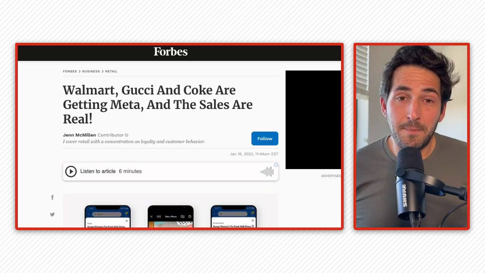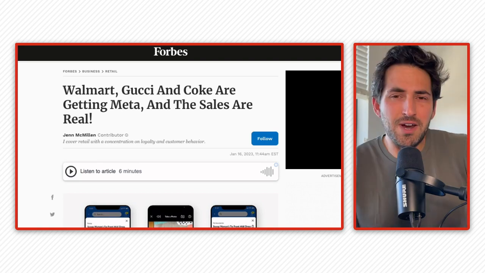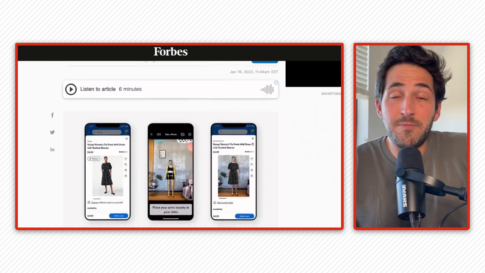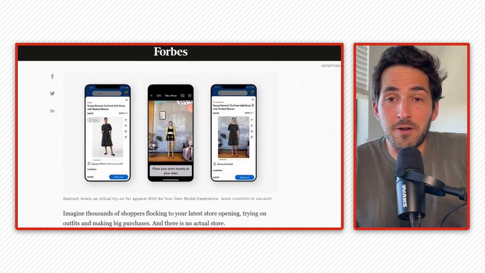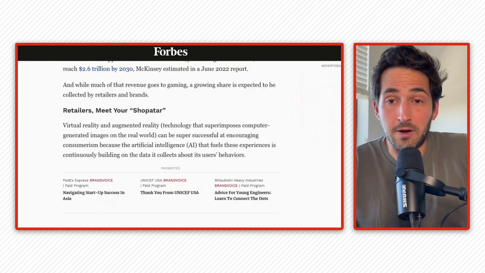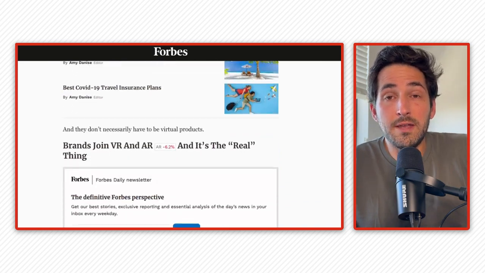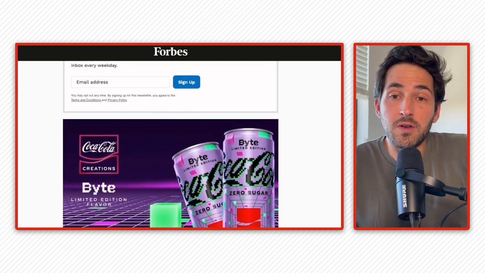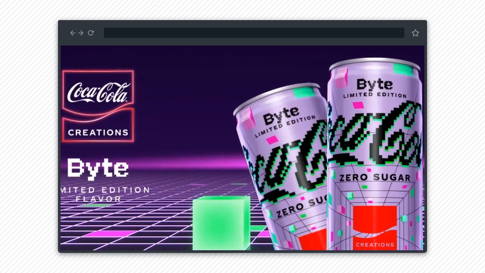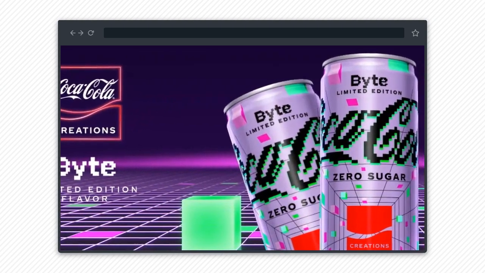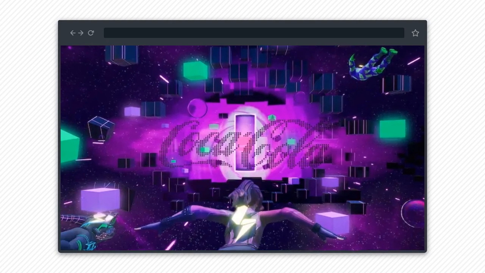All right, got another link here about the metaverse. Brands like Coca-Cola, Walmart, and Gucci have built out some sort of digital product on the metaverse, and they've been profiting from it. In Gucci's case, they built out an entire world on Roblox. One key part of their strategy seems to be tying virtual goods to real-life products, like Coca-Cola turning a limited edition flavor into a real product. So you can buy it on the metaverse and get the real thing in the real world.